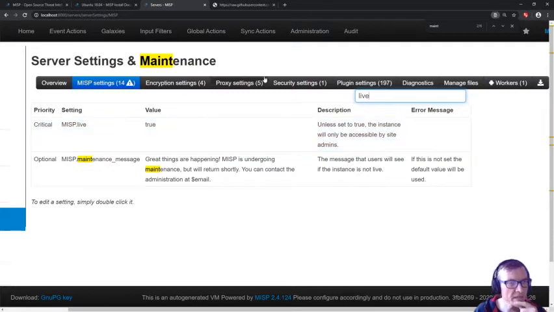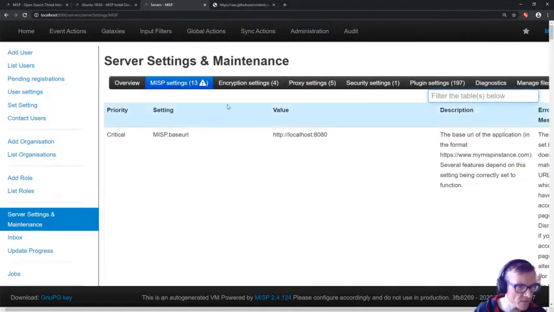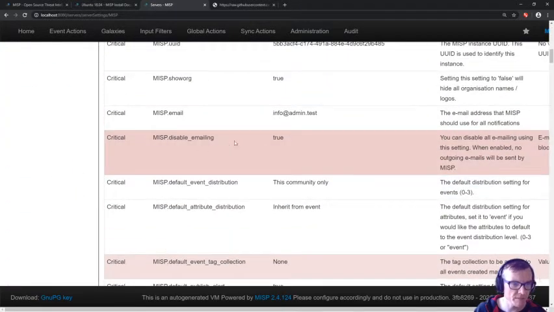I shall find that out later. Anyway, so now it's looking a little bit better. There's still something critical. Oh, MISP disable emailing true. That just basically means because by default on the VMs there is no mailing